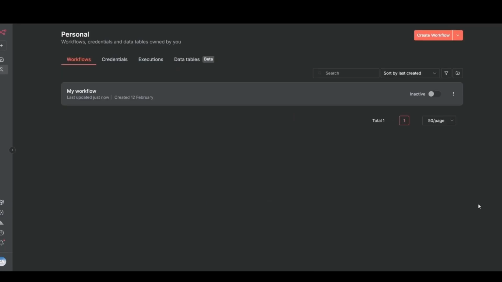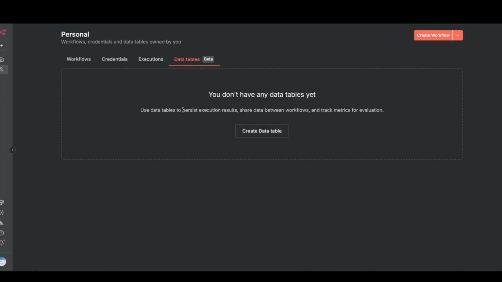Let's start with the actual building part. Every automation has workflows which execute a certain logic to get the work done. You can create a workflow by clicking on this button. You can store multiple workflows in a folder. Also, you can create a data table which can be used to store lists, execution rates, share data between workflows, and